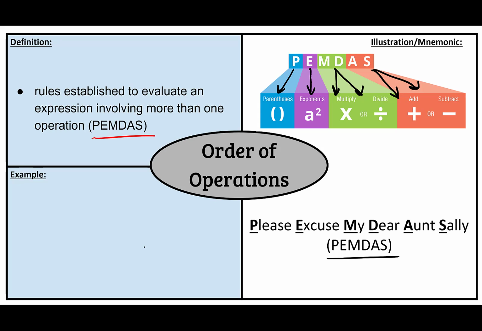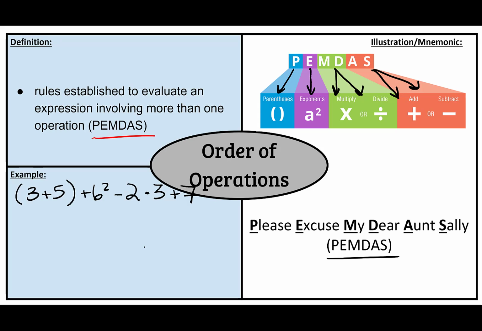We're going to do an example out right now. I'm going to try to incorporate a few different things in here. So if we have 3 plus 5, put parentheses around that, plus 6 squared, minus 2 times 3, plus 7. I know we're leaking over there, but if I'm to follow PEMDAS in the order of operations here,